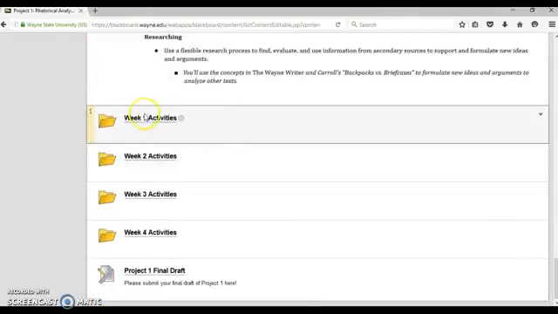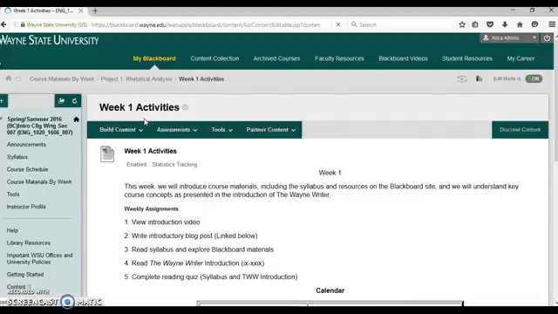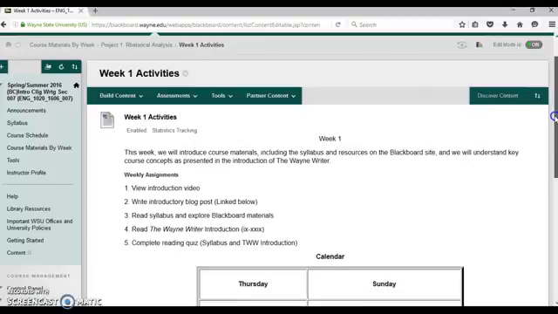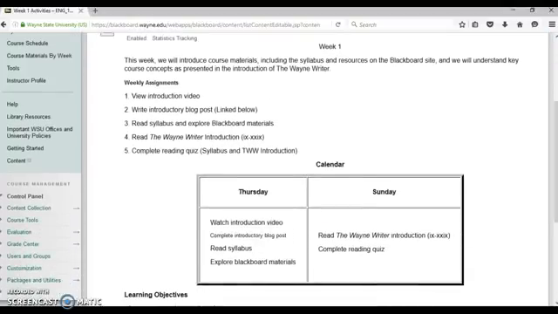So let's go to week 1, which is this week. When you click on it, it will have a brief explanation of what we're doing for the week. It will have numbering to show you basically in what order. Sometimes it'll be a little bit out of order, but generally it gives you like a flow chart of how you're supposed to proceed